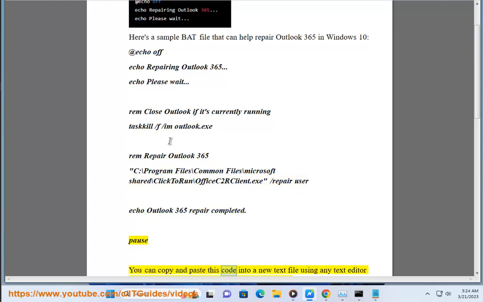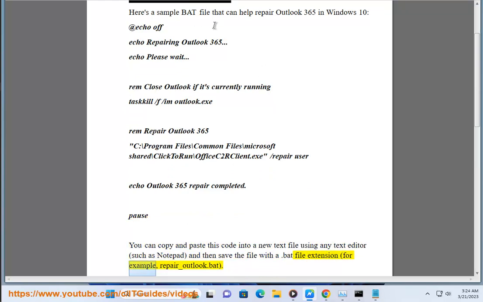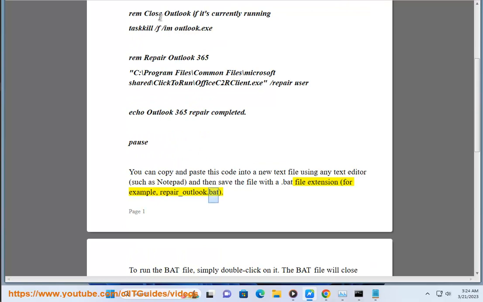Pause. You can copy and paste this code into a new text file using any text editor, such as Notepad, and then save the file with a .bat file extension, for example, repair_outlook.bat. To run the bat file, simply